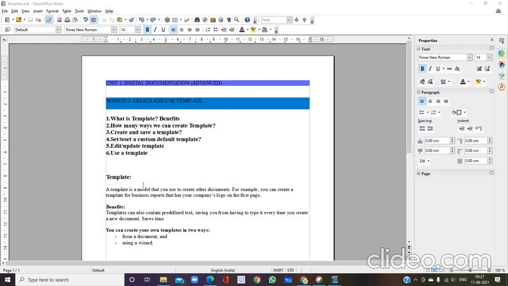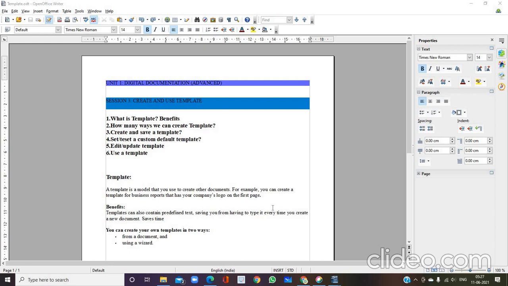That is the benefit. If you take a company's document, a template for a business report contains your company logo on the first page. In the report they will have their company name and logo displayed on the first page.